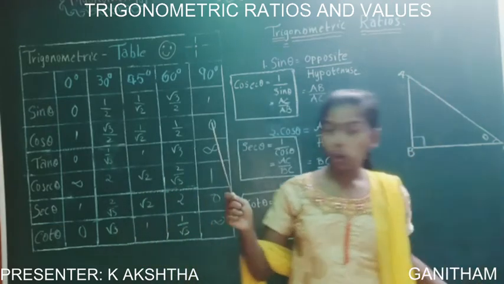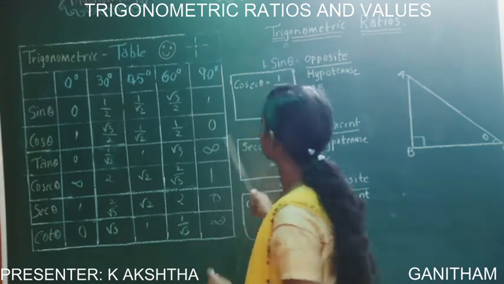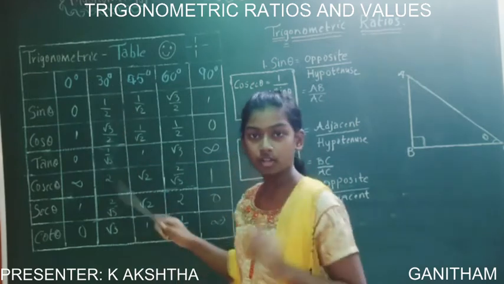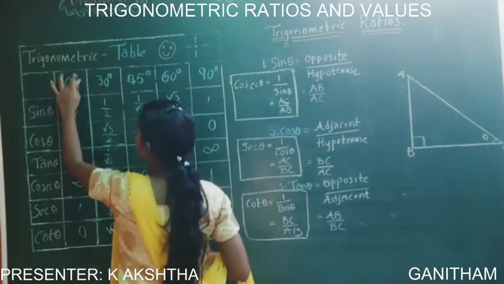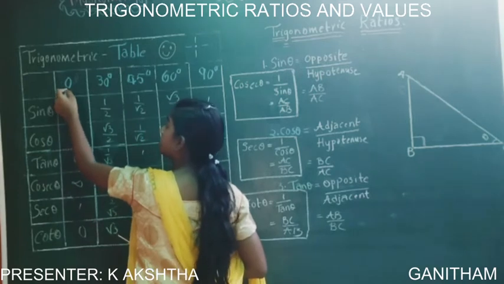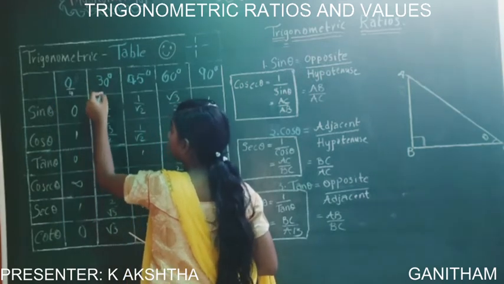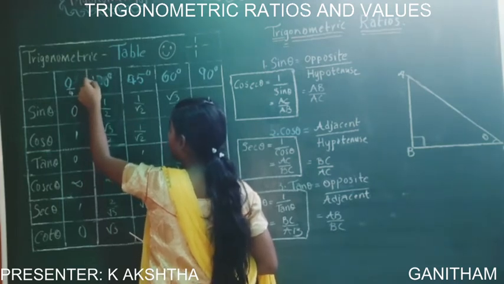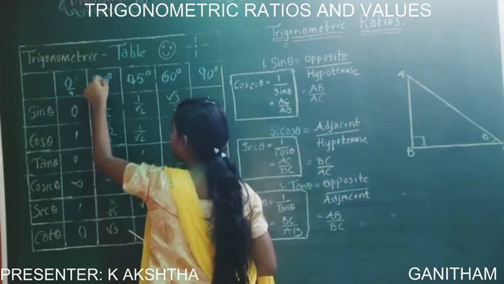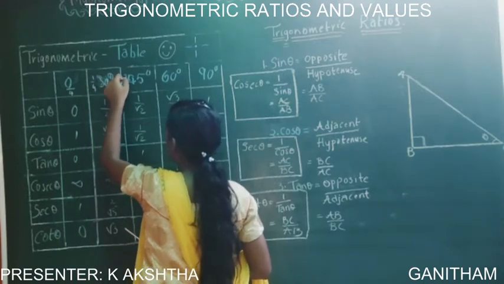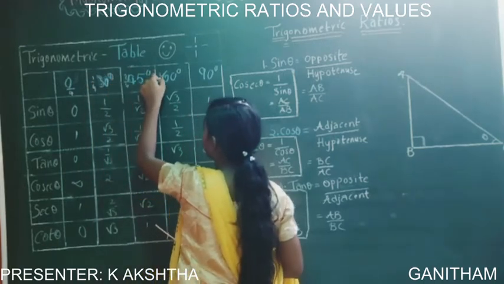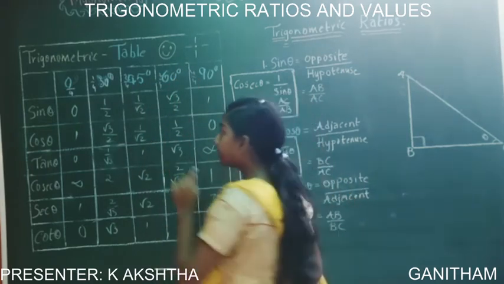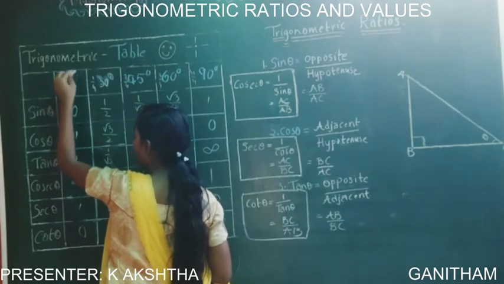Okay, what you have to do is that, here it is given like this. First of all, you have to write 0 by 4, 1 by 4, 2 by 4, 3 by 4, and then 4 by 4. So this is how we write, and for all these things we have to keep root over.